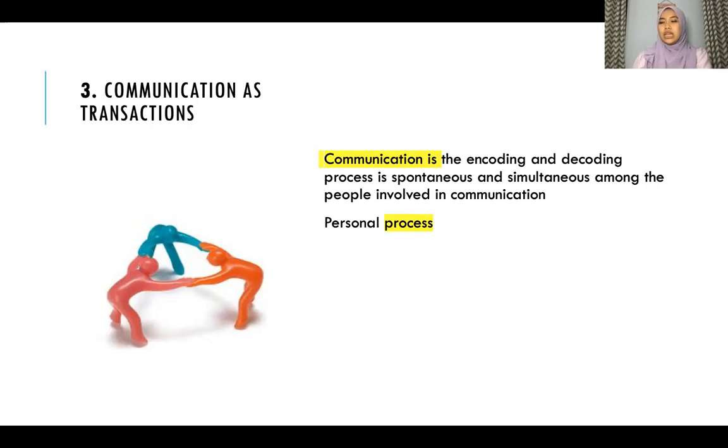For example, if we have a chat or sharing with our close friends, even though we are not asking and she is not giving us any verbal statement, once we see her crying, that crying is a type of spontaneous message. The spontaneous message from my close friend will directly